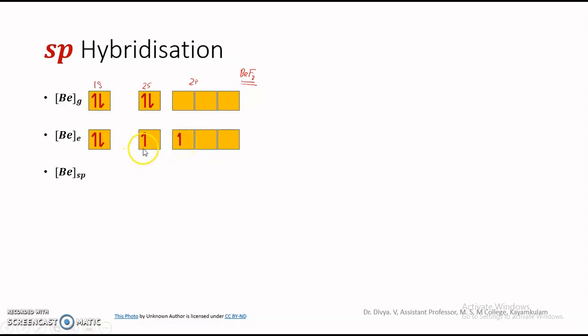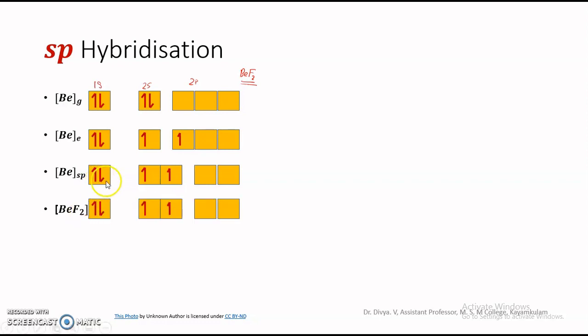After that these two orbitals, the 2s orbital and 2p orbital, get hybridized to form 2 sp hybrid orbitals of equivalent energy and identical shape. And after that each of these two sp orbitals overlaps with a pz orbital of the 2 fluorine atoms, and forms